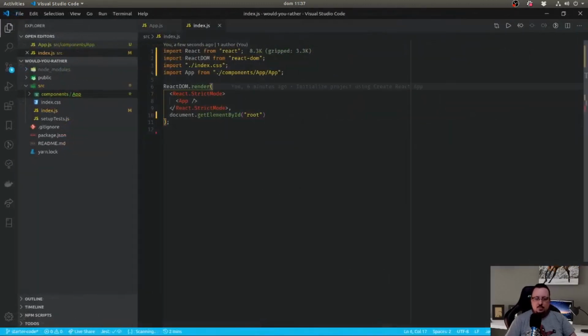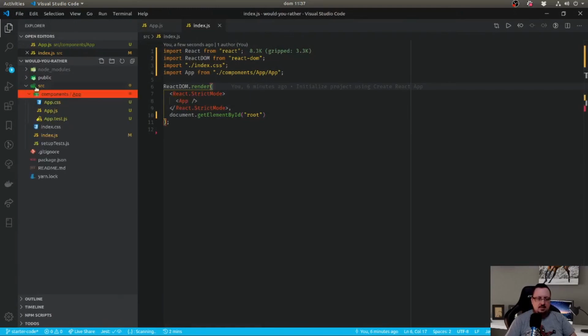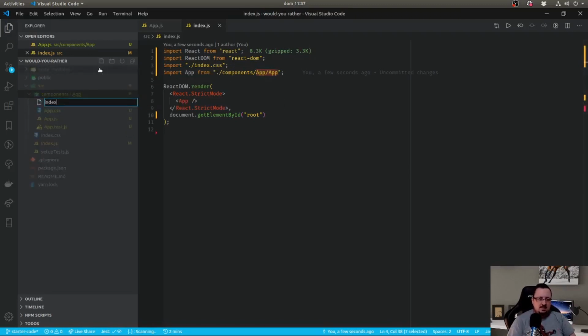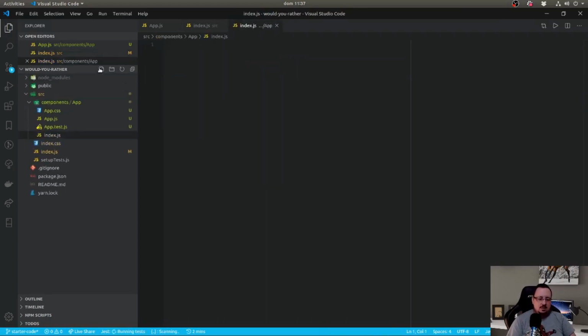Something I like to do, because as you can see now, our app is living inside source components app, and I like that because now we have all the files inside there. But I don't like to have to repeat the name of the component every time. So what I do here is I create an index file. I have this shortcut on